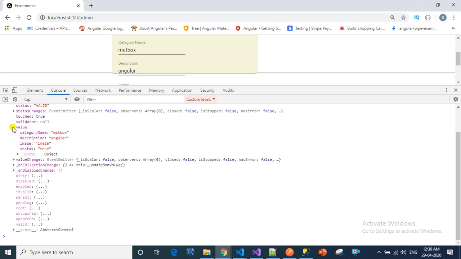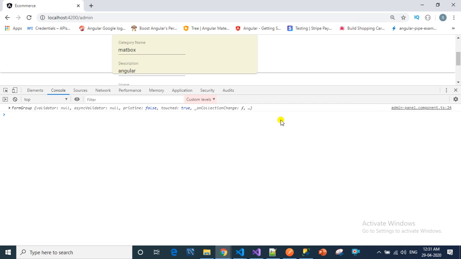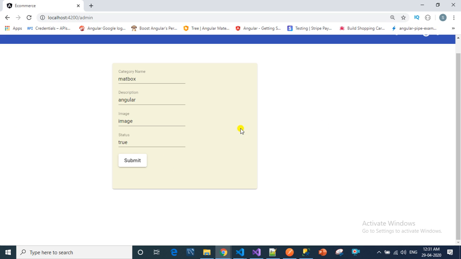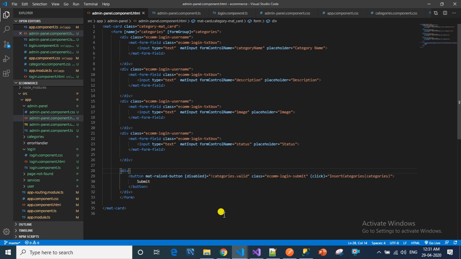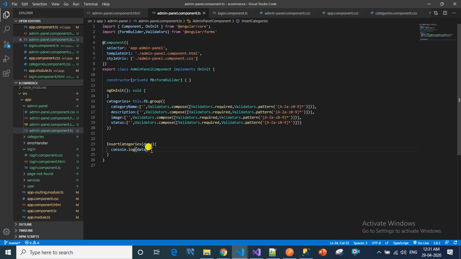So now our task is to post all this data or to insert all this data to the database. So first we have to send this data to the API. So let's go to our component.ts. Now let's start our code to insert data. So if you have watched my CRUD operations get video, then it's easy for you to write this code. So we are doing the similar manner.